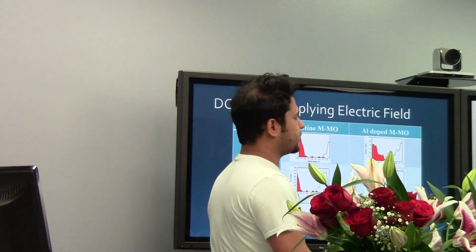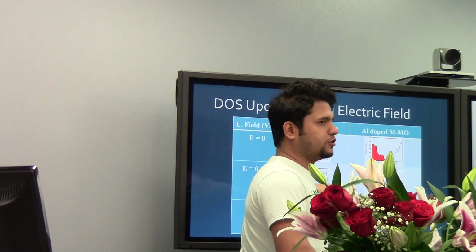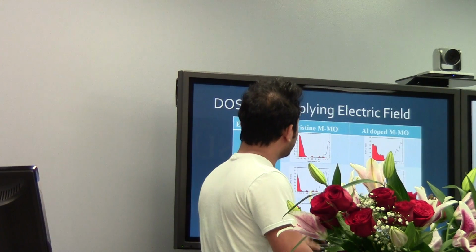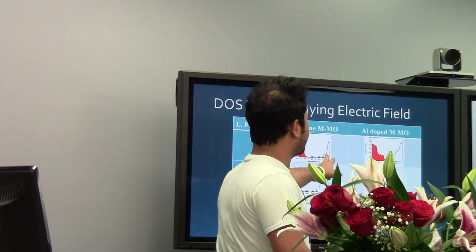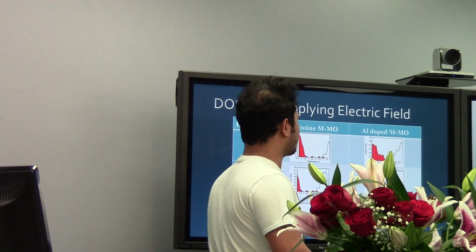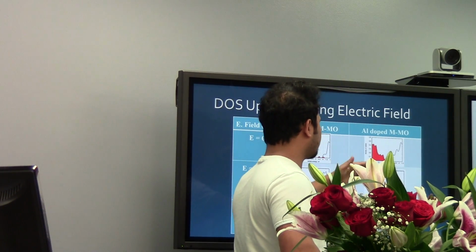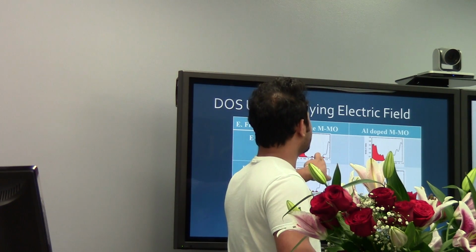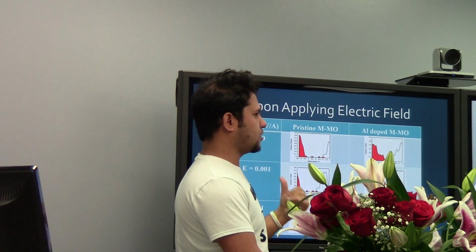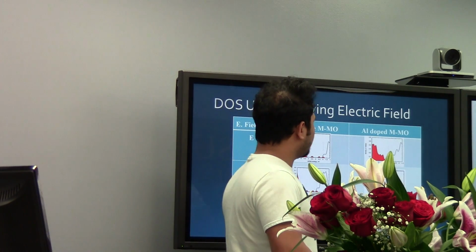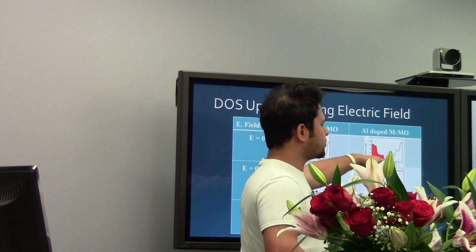But when I take the DOS, it's showing that this one is for the pristine and this one is for the metal dope. In the pristine, it's showing that there is overlap at the Fermi level. This is the Fermi level. These were occupied. There are some metal characteristics, but there is a significant energy difference in the HOMO -1 and HOMO lower energy state. But when I put the aluminum dope, it gives a more continuous